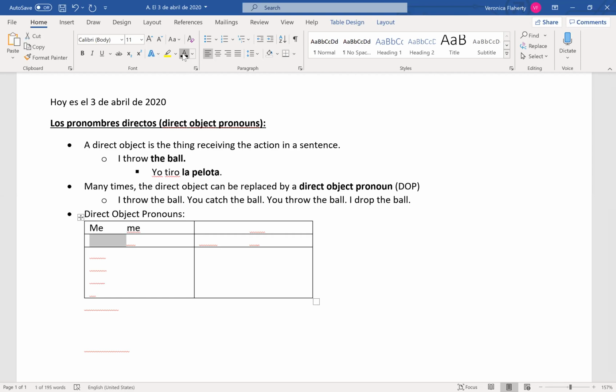For you, te. Te. This you is one that you would use to talk to a friend or someone that you know really well or someone younger than you, as compared with this you, which is used for people who are older than you or that you don't know well. This one can be more complicated. I'm going to show you guys all this at once and then we're going to go through it.